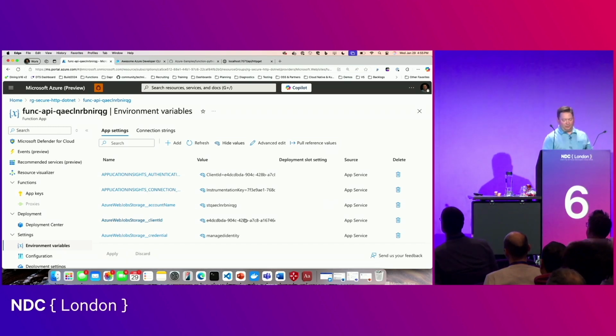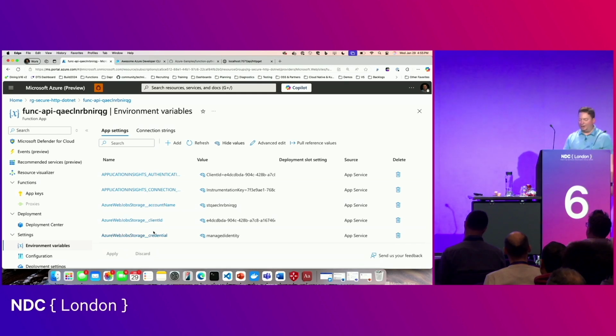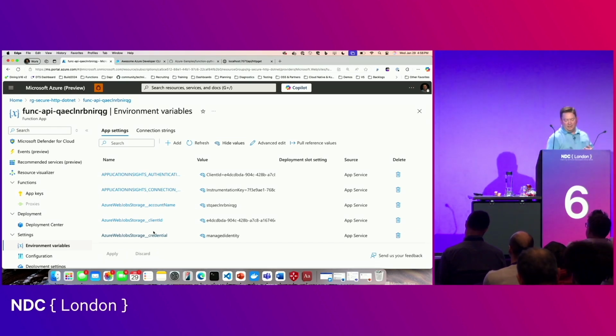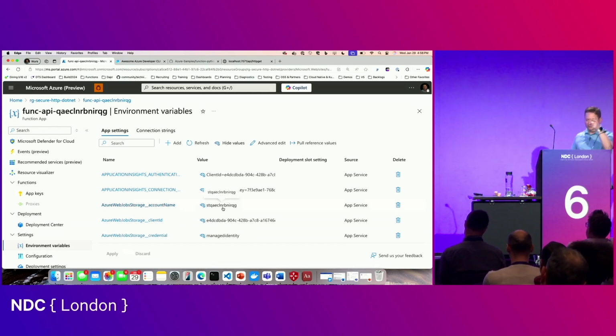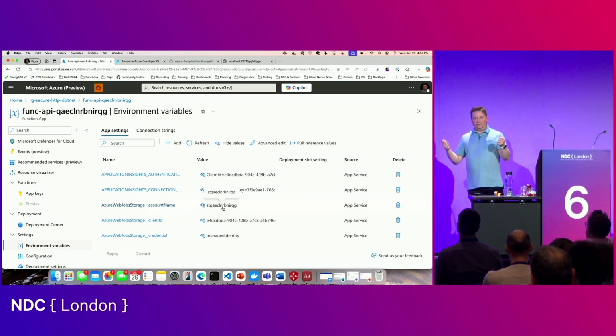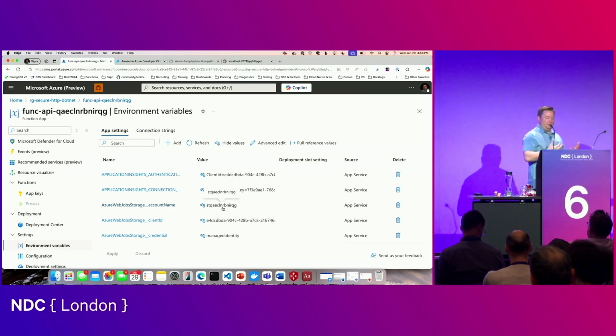Instead, what we're seeing is this managed identity configuration, right? So to get to my storage account, I'm seeing those three properties that I went on and on about. I've got my client ID, which points to my user-assigned identity. I'm flagging that I'm using managed identity, and I'm pointing to the resource that I want to connect to. That's it. So it's kind of like we have connection strings, but the connection string is just a pointer to the service I want to use, telling it the identity to use. It doesn't actually have the key anymore. There's no connection string key or secret.